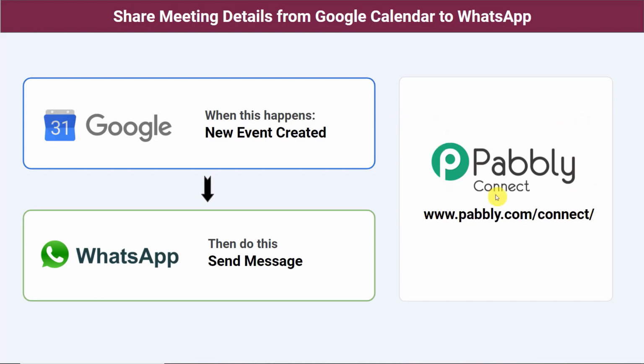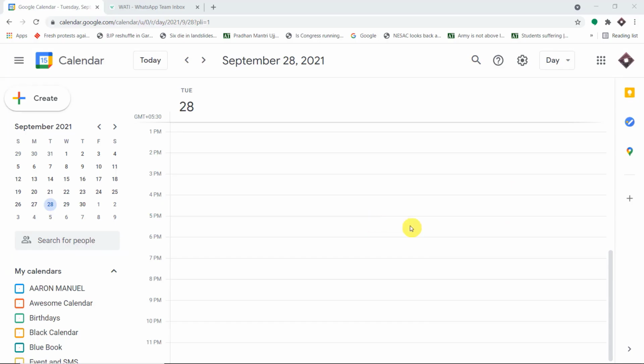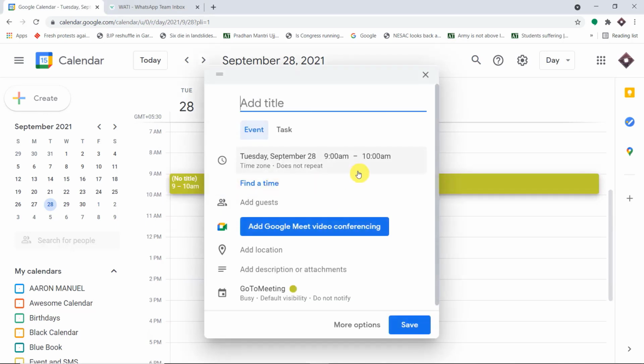Now before I show you the steps, how about we begin with a real-time example? Okay, so this is my Google Calendar, and what I'm going to do here is schedule an event. And once the event is scheduled, the person who will be the guest of this event, or the person this event is scheduled for, the same person will be getting an SMS from me. So let us schedule an event. So the event has been scheduled from 9 a.m. to 10 a.m. and the name of the event is chemistry